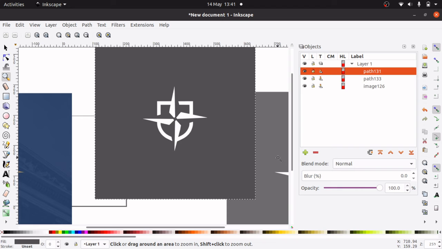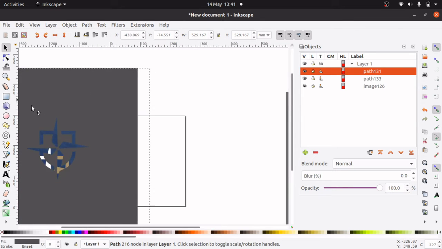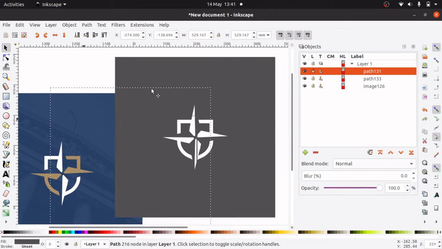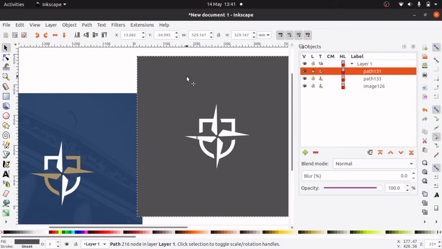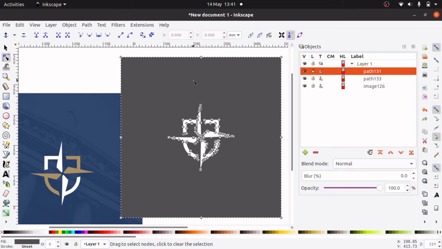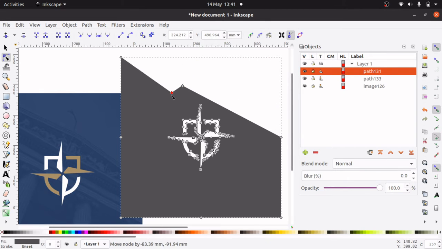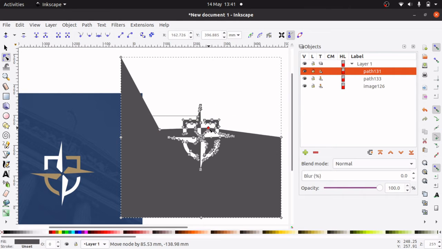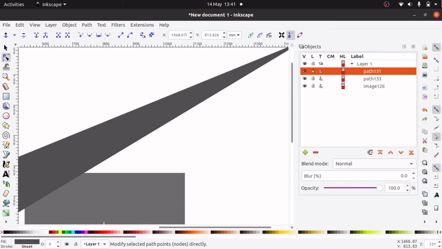And we've probably got the same over here, but what I'm going to do is reverse this. So at the moment, if I just bring this over here, you can see that this is a cutout. Now, I don't want that as a cutout. It's really easy to resolve that. So we double click and we pull away the points. And what happens when we do that, when we pull this point right down and over, you can see that